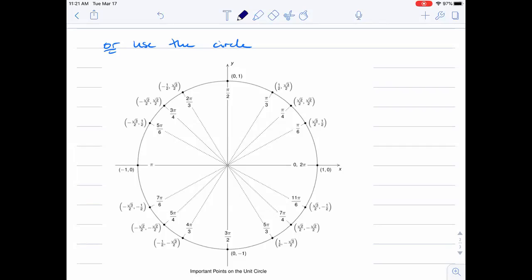In all of these, so all of these little guys along the edge, they're in the form x comma y, of course, where x is the cosine of theta. Theta is just the angle, and y is the sine of the angle. Okay. So in our case,